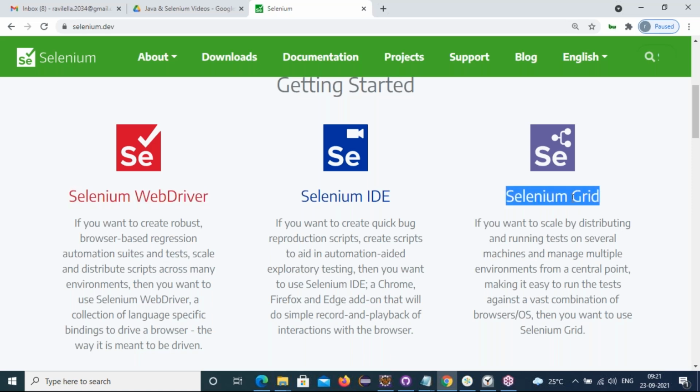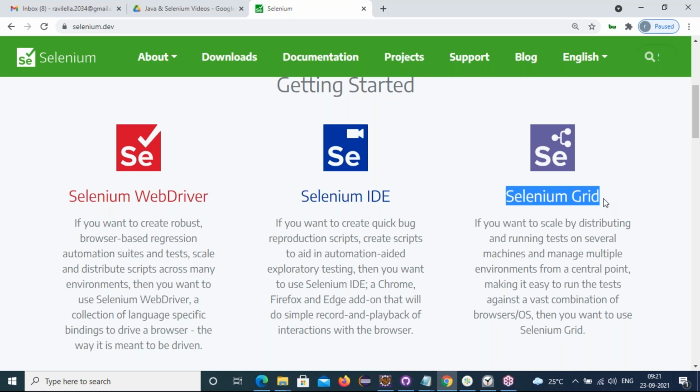So the appropriate combination is Selenium WebDriver with Grid, with which we build and execute the developed scripts in parallel on many computers and many browsers. If anybody asks, you have to say that: Selenium WebDriver with the Grid combination is used to build and execute your test cases.